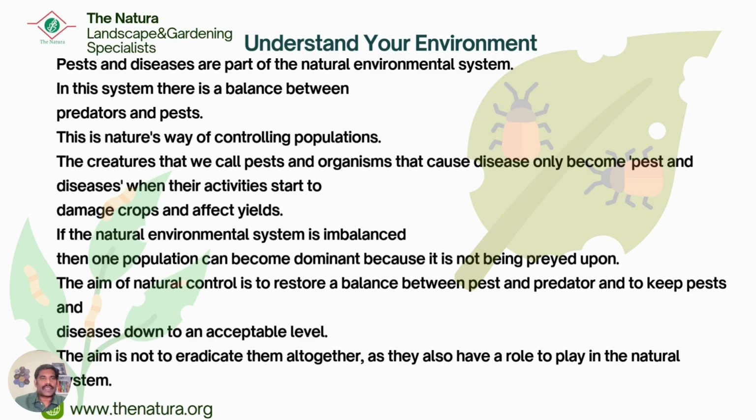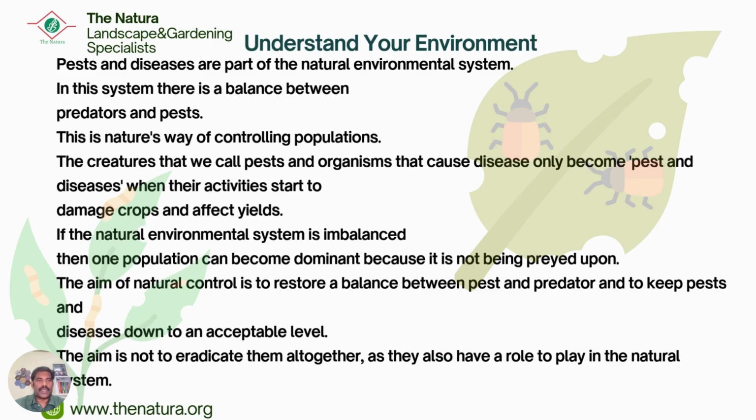So the creatures that we call pests and organisms that cause diseases only become pests and diseases when their activities start to damage crops and affect our yields. See, naturally we should have all these insects, pests and diseases. But when it starts affecting our economic yield, we call them pests and diseases, and we try to control them. In the natural environmental system, when imbalanced, one population can become dominant